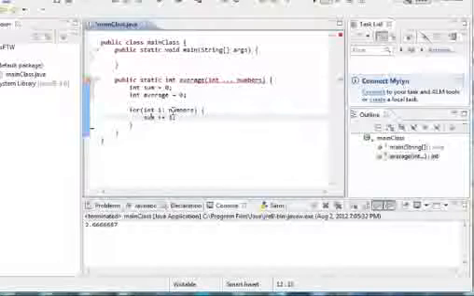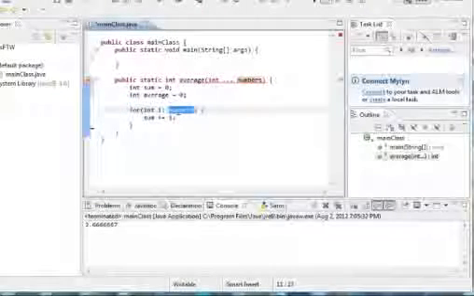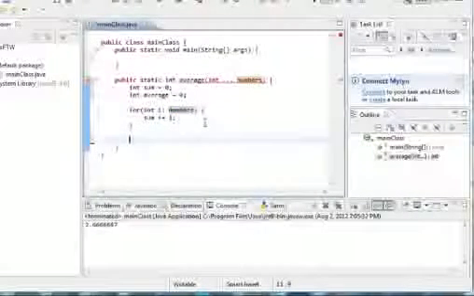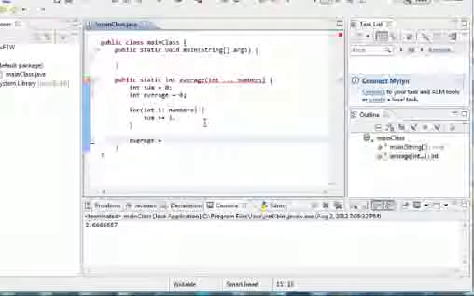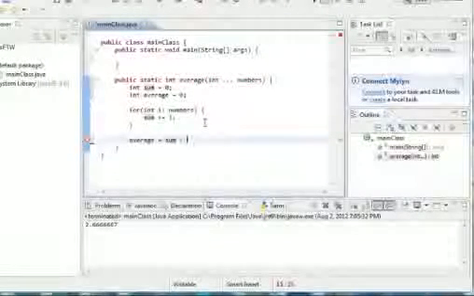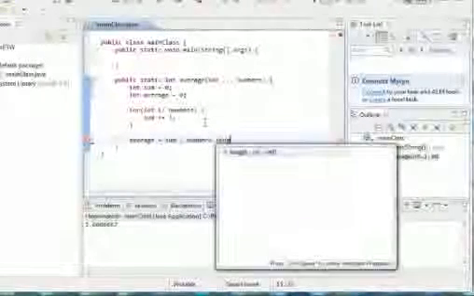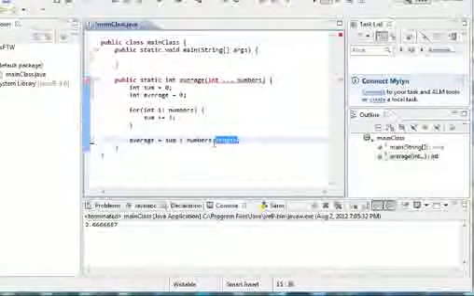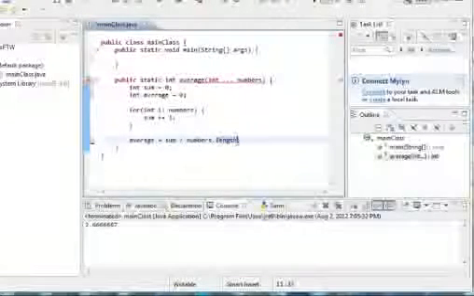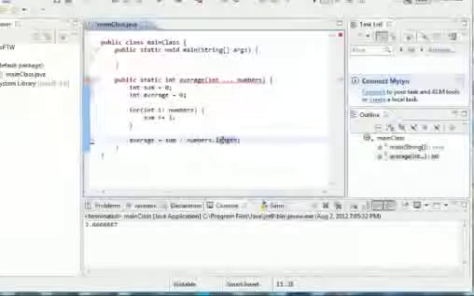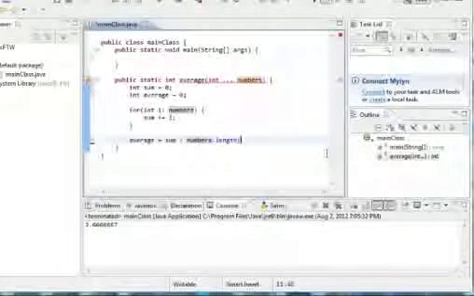So we effectively add all the numbers from the numbers array to our sum. After that, we can simply calculate our average by taking our sum and dividing it by numbers.length. Now, I'm not sure I actually went over this, but .length is a property of any array, and all it does is return the number of elements in that array,